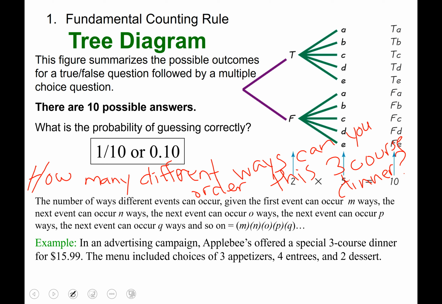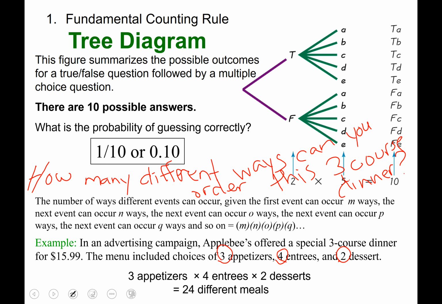Well, your first selection of appetizers has 3 options. Then you choose from 4 entrees. Then you choose from 2 desserts. So 3 times 4 times 2 is 24. So there are 24 different ways that you can order this 3-course dinner. All right, and that is called the fundamental counting rule. It is very useful, and